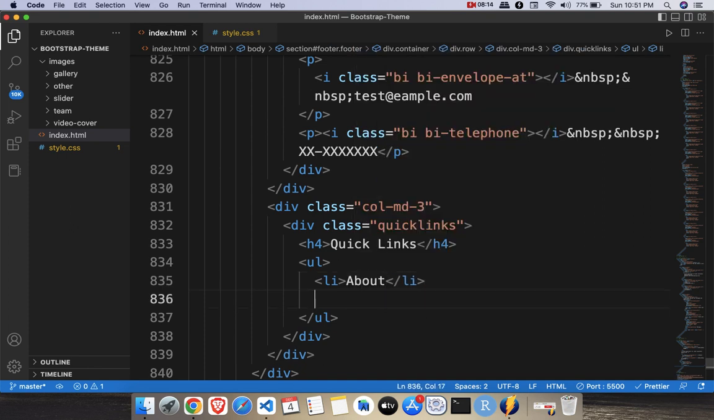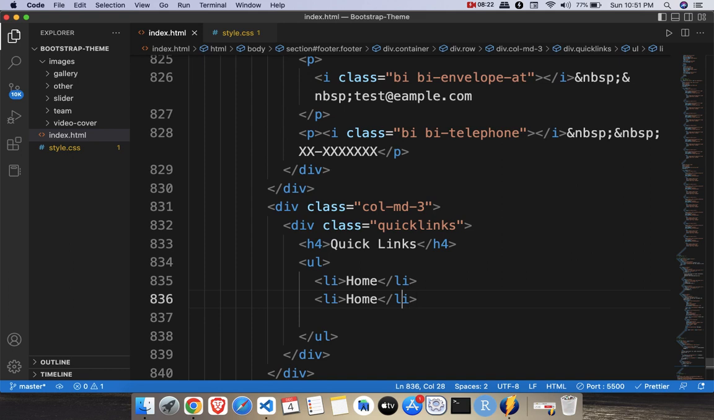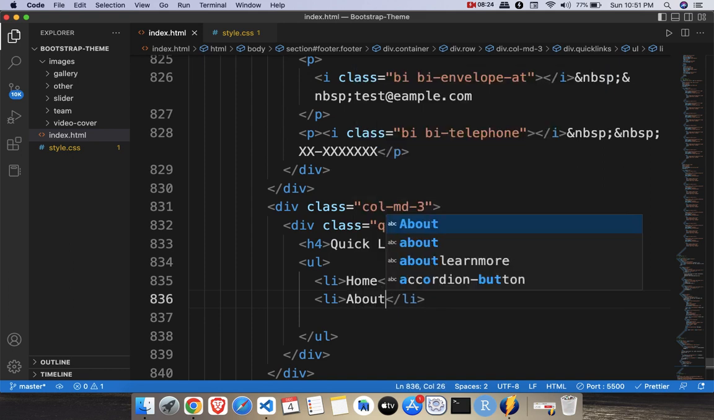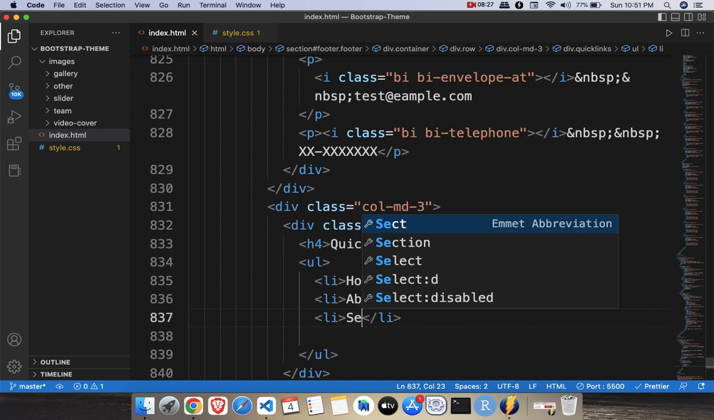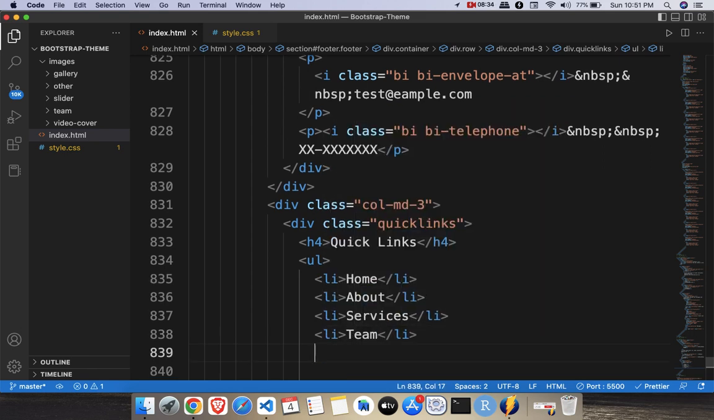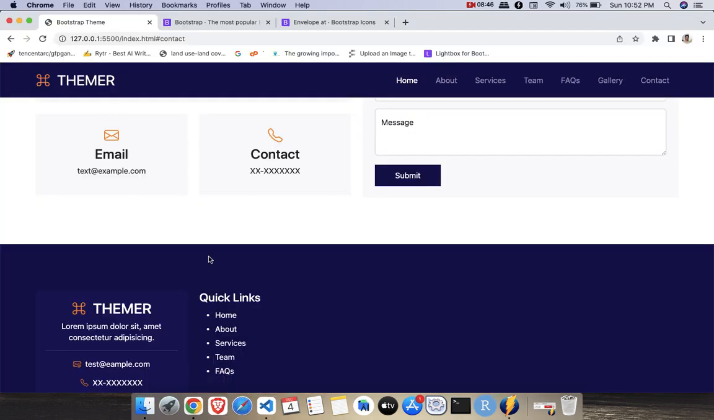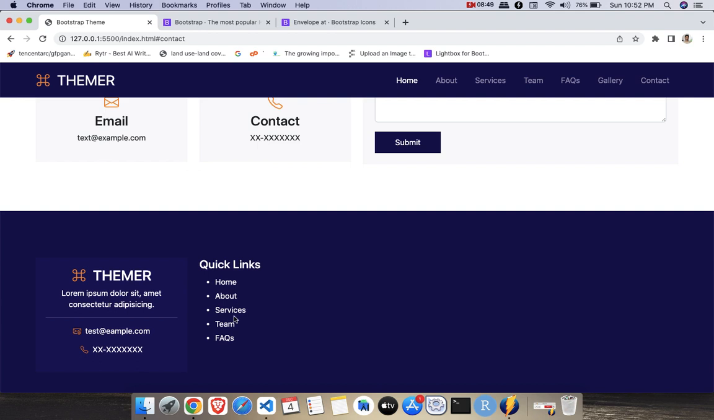suppose about, then you can have the home first, you can have about, then you can have services, then you can have the section which you have is team and FAQs, these sections which you have created throughout the website. So you want to create this stuff, just reload your page, you will see the quick links are created there,